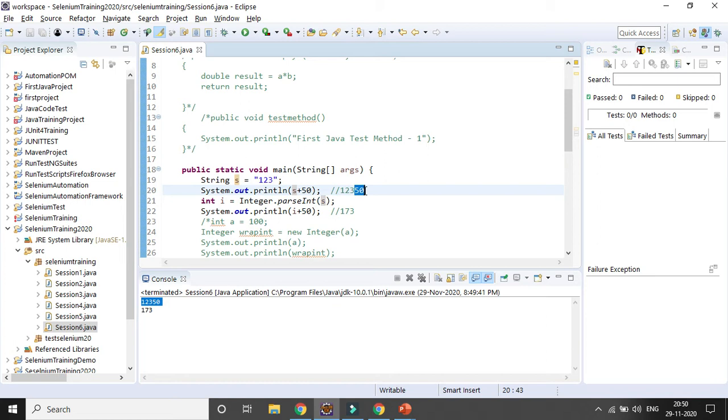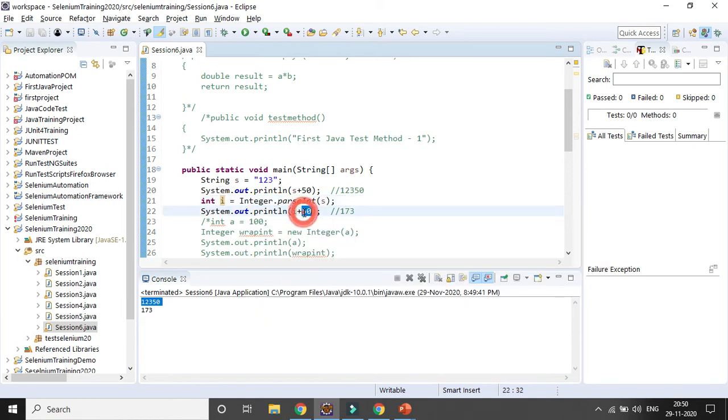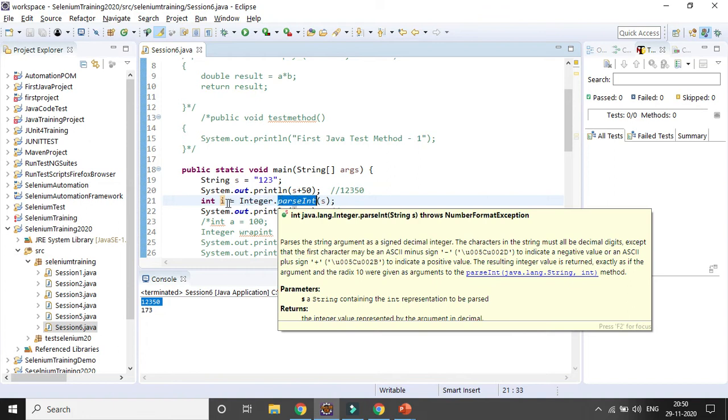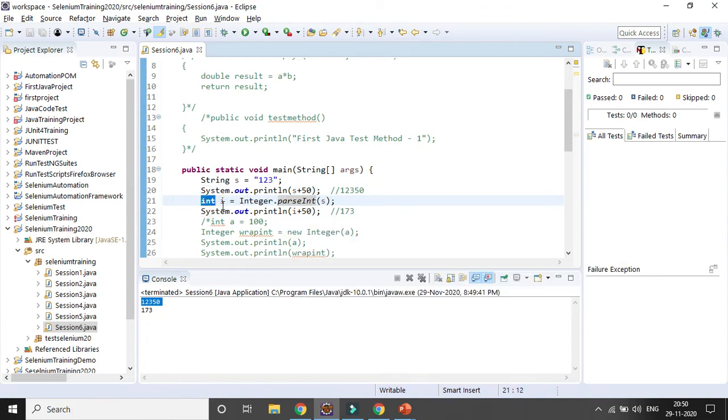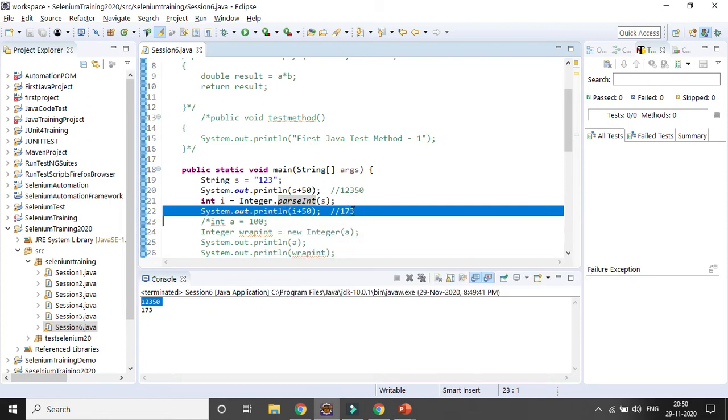Just like I mentioned in the last class, for a string it will just append, concatenate the value, and in case of integer, obviously it will perform the operation, plus, minus, whatever you enter. Until you convert to the relevant wrapper class, using the wrapper class with relevant variables, you will not be able to get the correct answer. That is the reason I am using the Integer class and the parseInt method to convert into the relevant integer value, and then if I perform the operation, it will give me the correct result. So those are the two important aspects of the wrapper class.